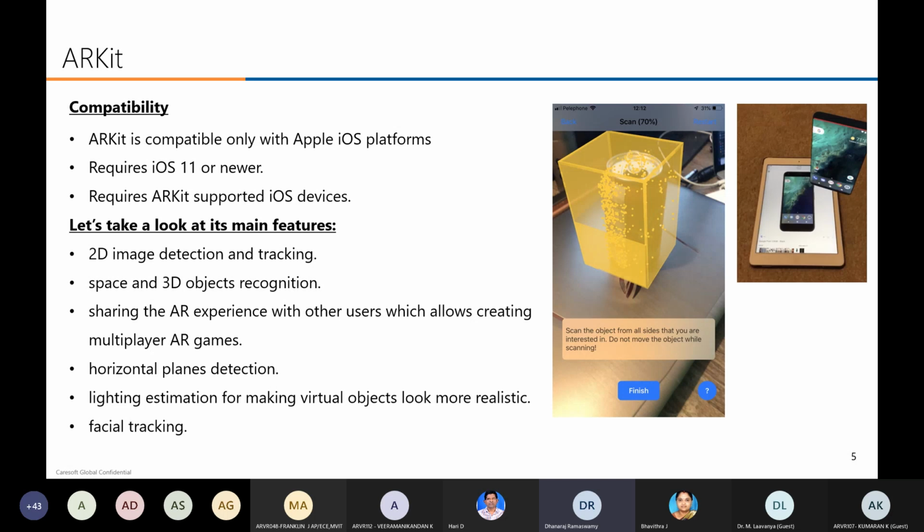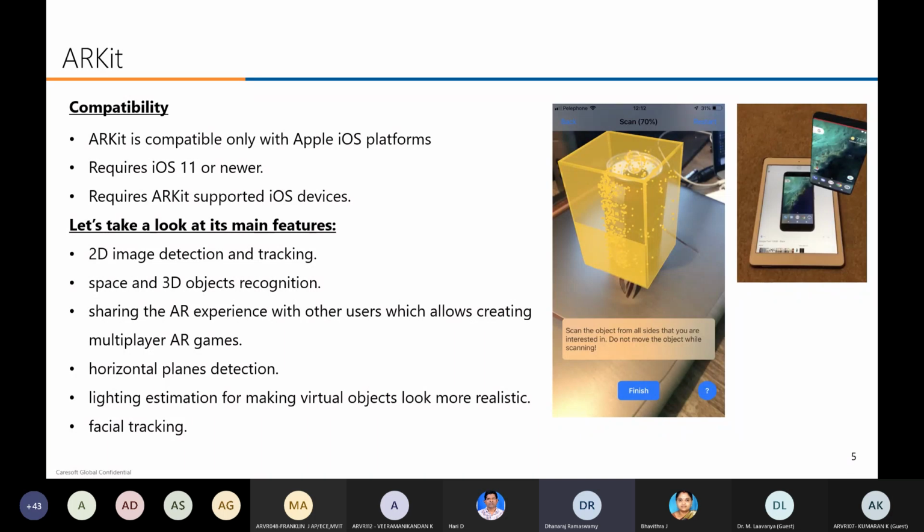It will detect the image and track it, and you can place any 3D model on the image. ARKit also supports space and 3D object recognition. It will recognize 3D objects and it will recognize the space. Yesterday we saw the Vuforia ground plane and 3D object recognition. The same thing ARKit supports.